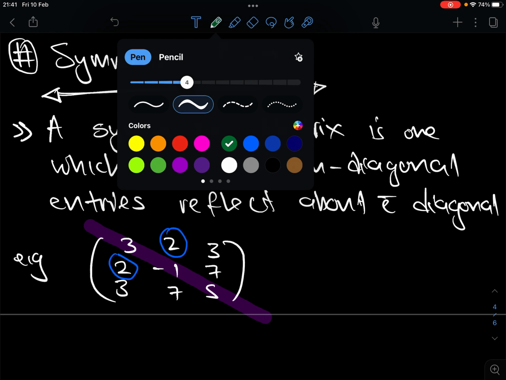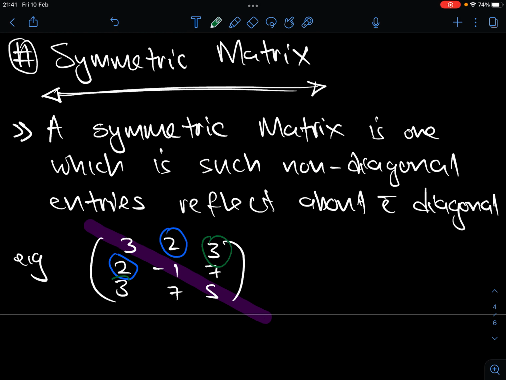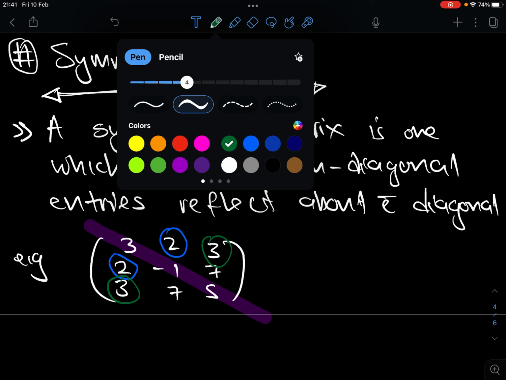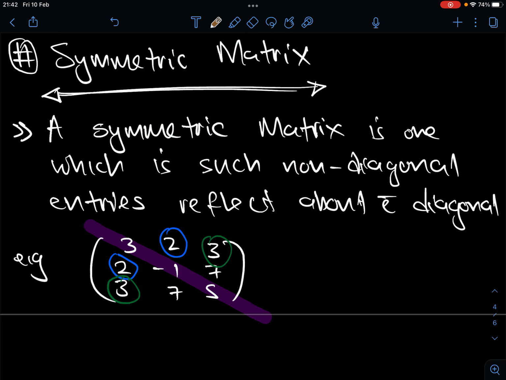Also, 3 is occupying a distance equidistant from that diagonal line, which is the same thing happening when you look closely at 7 here. So every time the non-diagonal elements seem to be forming their exact mirror images along the diagonal line,